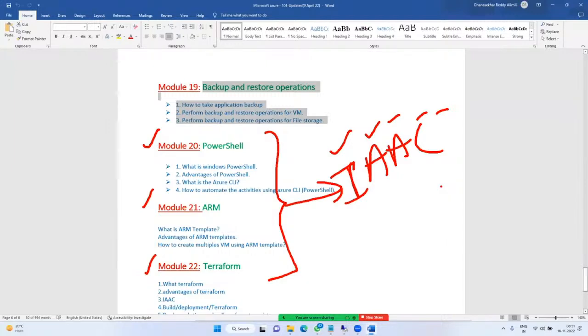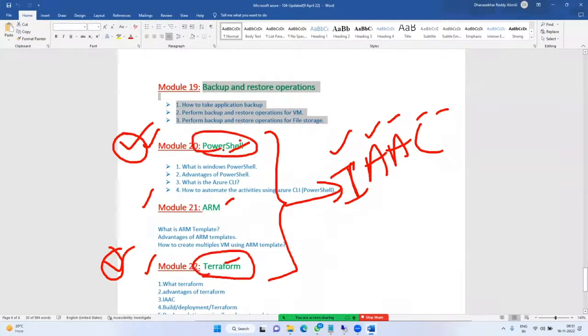IaaC in the sense, we can say automation. How to automate the services in Azure cloud, that we'll see: PowerShell, ARM, Terraform. PowerShell and Terraform are quite common, guys, if you go for any Azure cloud computing. Not only in Azure, AWS and Google are the same.